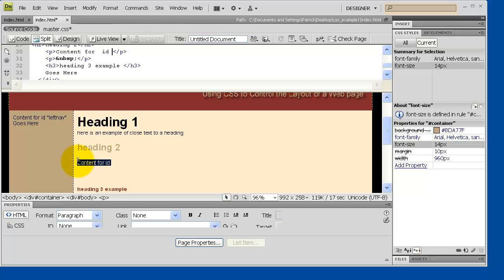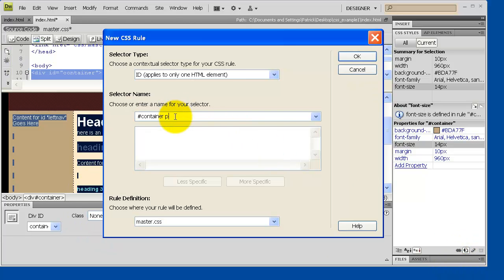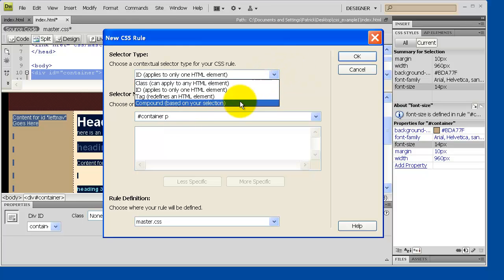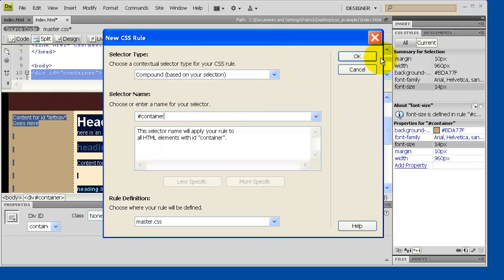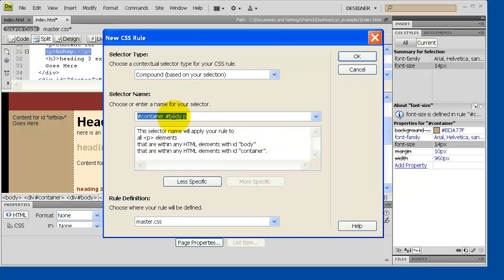Alright, see in there what it's doing, that's a good example: I hit enter and it basically added a paragraph tag. And what happens is the paragraph tag has by default a margin above it. So what we can always do for the container, if we wanted to, is do container P. This is a compound selector, but it's not wanting me to do it that way. So for now we'll just do it within the body to show you. So container body P,